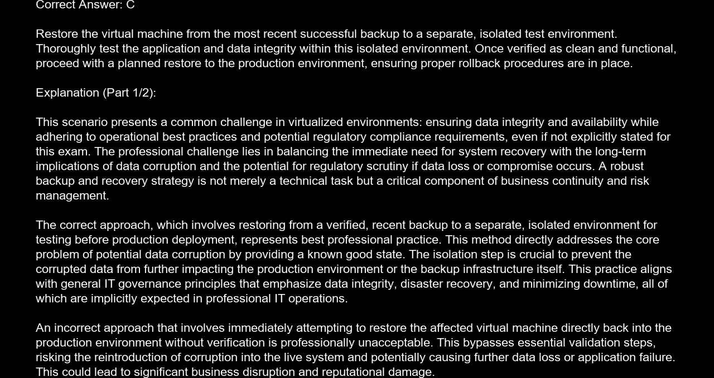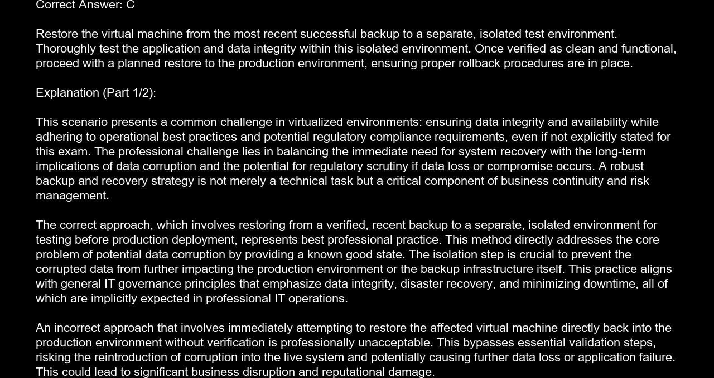in place. Explanation. This scenario presents a common challenge in virtualized environments, ensuring data integrity and availability while adhering to operational best practices and potential regulatory compliance requirements, even if not explicitly stated for this exam. The professional challenge lies in balancing the immediate need for system recovery with the long-term implications of data corruption, and the potential for regulatory scrutiny if data loss or compromise occurs. A robust backup and recovery strategy is not merely a technical task, but a critical component of business continuity and